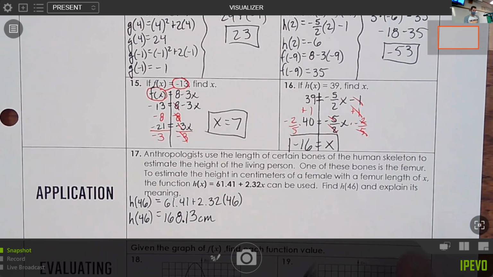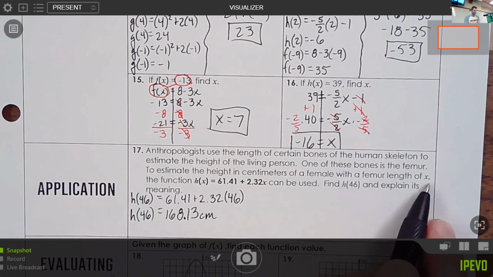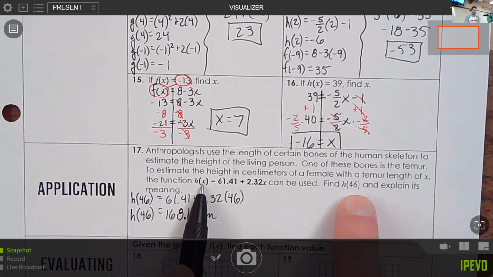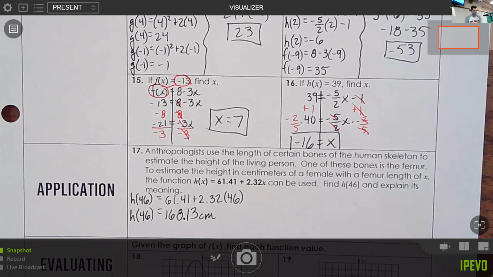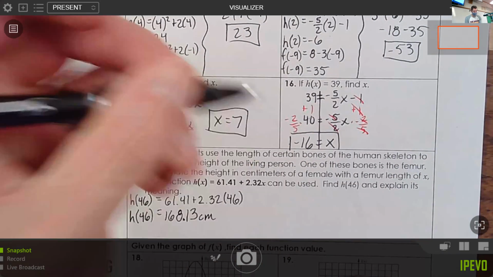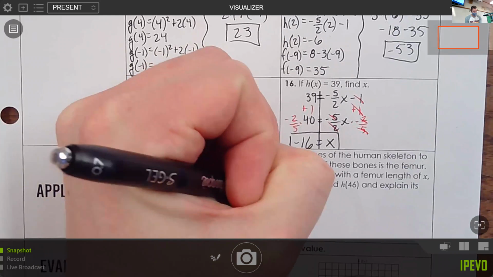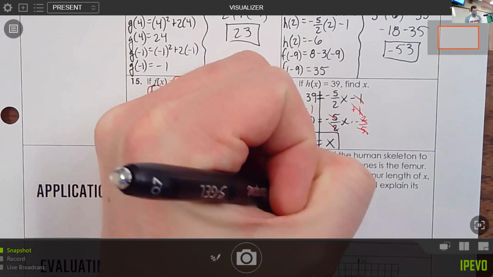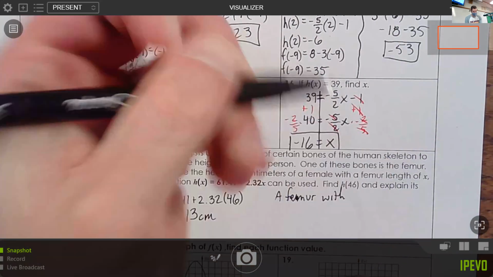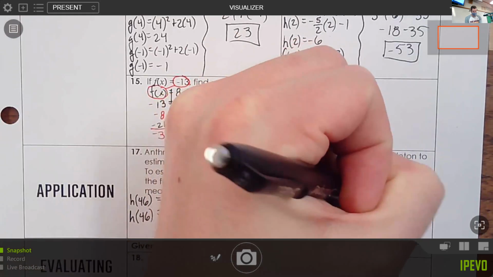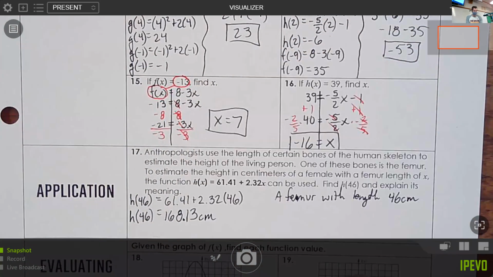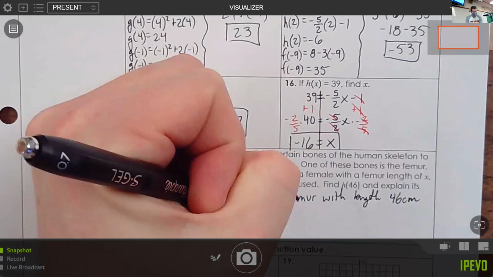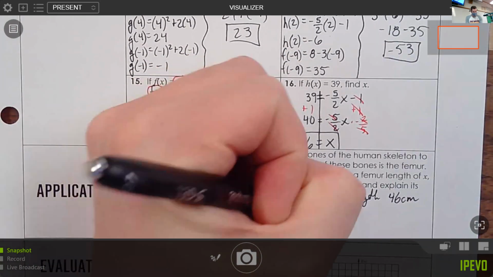It says a femur length of x, we substituted in 46 for x, which means that the femur had a length of 46 centimeters. So a femur with length 46 centimeters means the person